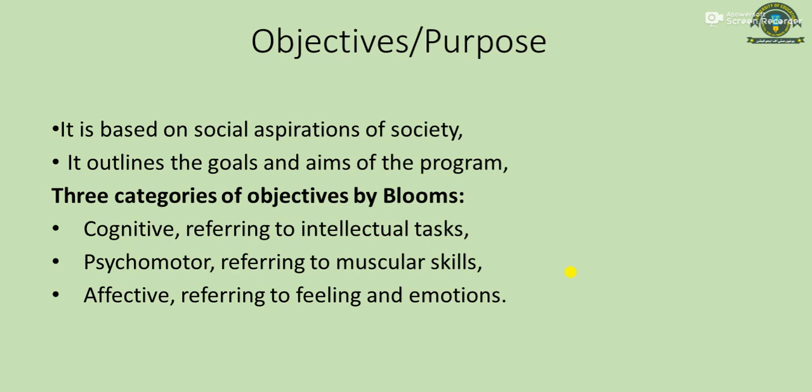At the first stage, the child is only able to remember things or rote memorize them, but is unable to grasp the meaning of the concept. He can only memorize 1, 2 or the alphabet ABC, but cannot make words or solve plus minus questions. So we have to formulate the objectives according to the cognitive level or affective level that is related to the interest of the students, how to capture the interest of